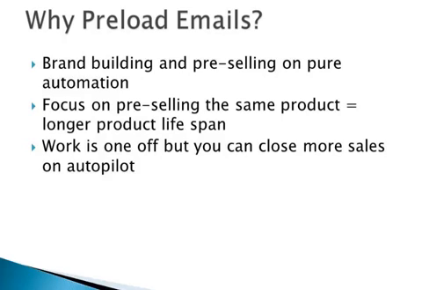You will not even be able to go away for a week if you have to send out time-sensitive emails or risk letting your list grow cold and die. A lot of autoresponders have this sequential follow-up feature, but a lot of marketers aren't really utilizing them to the max. So when you make use of the automated follow-up email feature in autoresponders like GetResponse or Aweber, you can also focus on pre-selling the same product over and over again, which also equals having a longer product lifespan, and your sales closing rate becomes higher. Your work is only one-off, which is writing the emails, and then you can close more sales on autopilot.